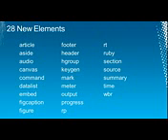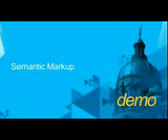There are 28 new elements. Not all of those are on this slide. These are some of the notable ones. I could spend 2 or 3 hours just talking about what those elements are, what they mean, and why you would use them, so I'm not going to be able to talk about all of those specifically. I will demo a few of those things. But the great thing, again, about that word semantic is that most of these terms probably mean exactly what you think they mean, with the exception of the ruby tag, which doesn't mean anything like what you think it means. So let's actually do a demo right now and look at semantic markup.